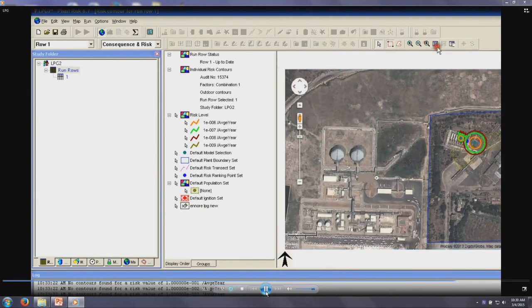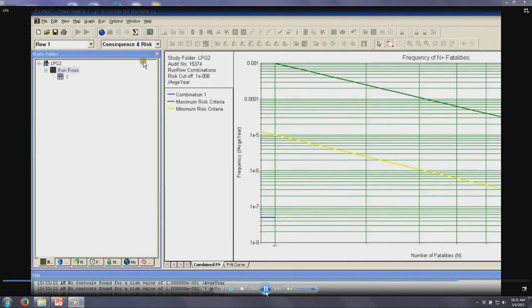You can also change the population rectangle, go to run rows again, and do the analysis again. Now you will see the FN curve, where N stands for fatalities and F stands for frequency. In this case, the green one shows the maximum risk criteria for the given problem, and the yellow one shows the minimum risk criteria for the given problem as per LRP, whereas your problem is located much below the minimum risk. It means the consequence arising from the specific location in the specific plant is below the risk accepted by the oil and gas industry. Now if I change the population set,